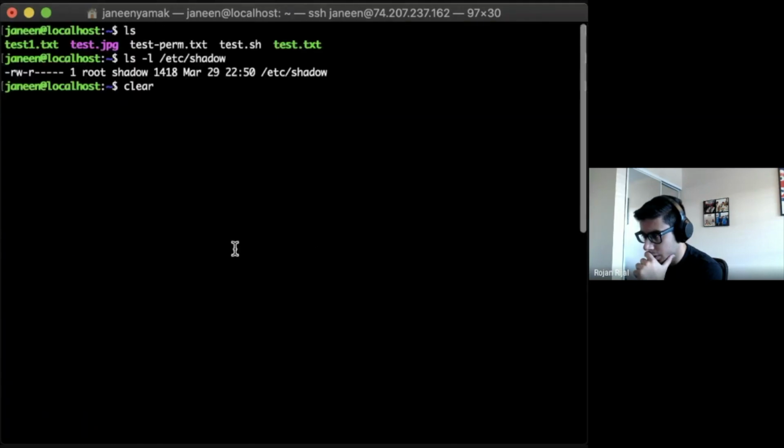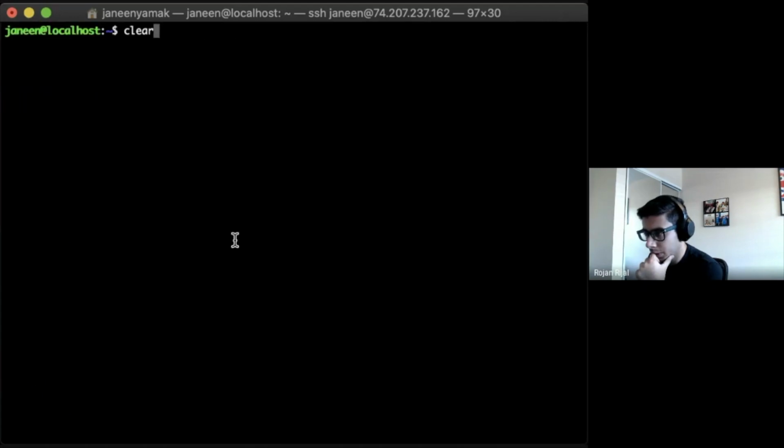Password. Oh, interesting. So it seems like we can add new accounts and give them root, but I don't see